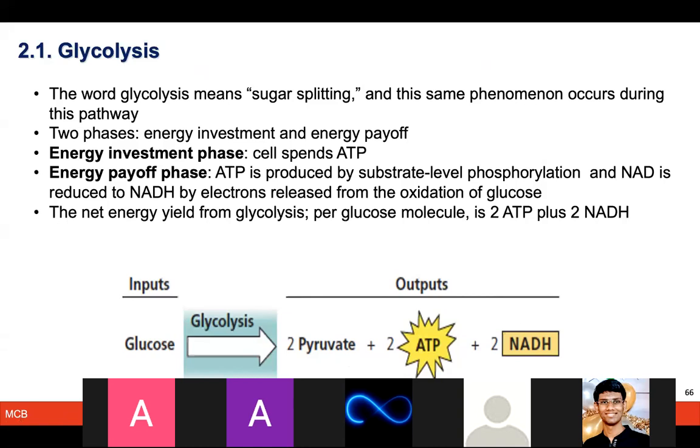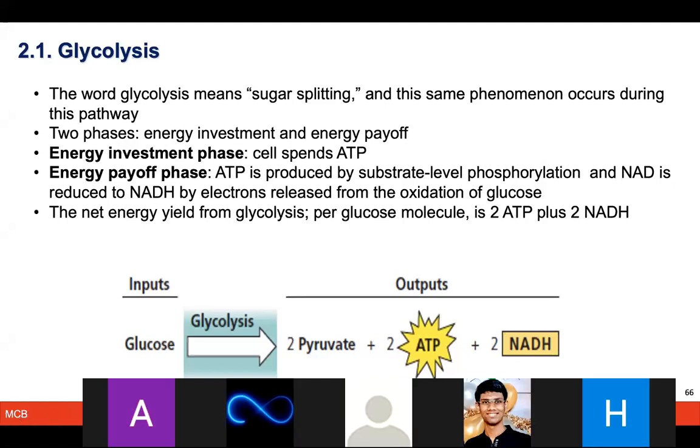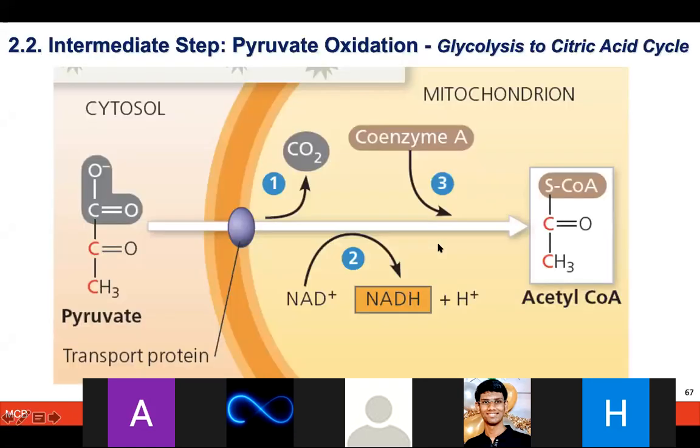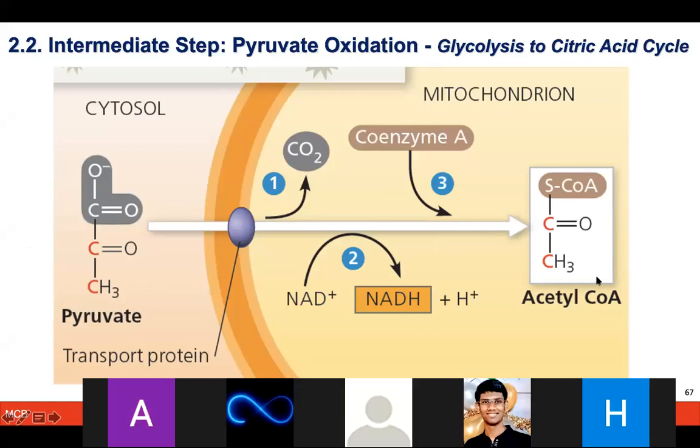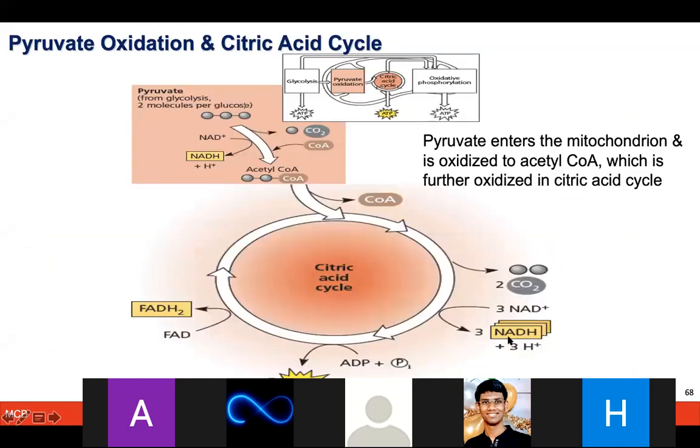You have to keep in mind there are some steps which are the energy investment phase, when the cell is actually spending ATP for activities to happen. A few are the energy payoff phase, when ATP is being produced by substrate level phosphorylation. After these, from glucose to pyruvate being formed, now pyruvate is getting converted to acyl coenzyme A, and that is the crucial activity, moving from cytosol to mitochondria. And during the process, NADH is again released.